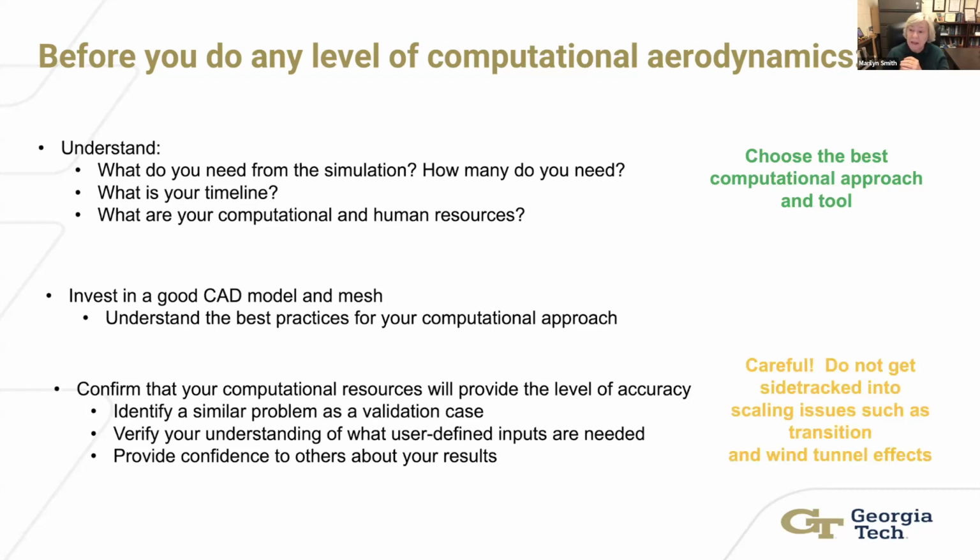And then I want you to be careful because you don't want to get sidetracked and go down a rabbit hole. Most of these validation cases are subscale models, and they're done typically in wind tunnels. So you've got wind tunnel effects, you've got mounting effects, and you've got scaling effects because you're running at a lower Reynolds number. Don't get sucked in because you're doing transition modeling, which is another issue in and of itself, with a small scale model. Try to pick something that avoids those. Sometimes you can't help it and you have to do this, but then you have to show that your full